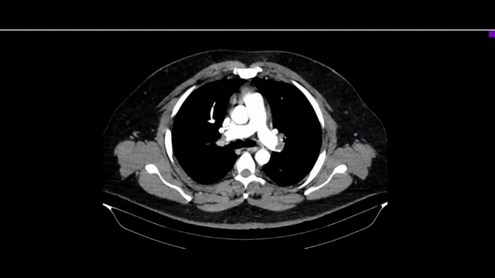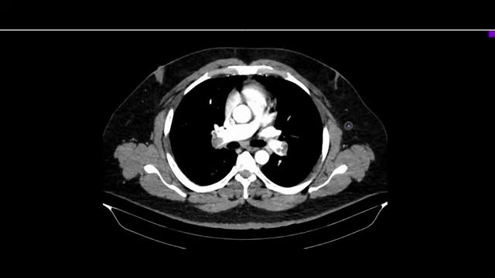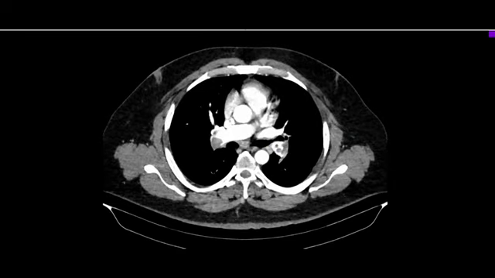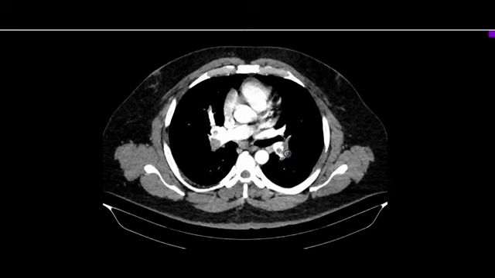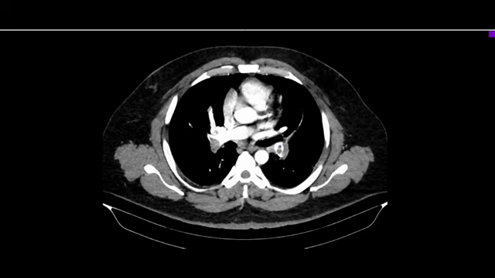For that we use certain signs, starting with the acute. If you see a vessel that is completely occluded, but the diameter of the vessel, the caliber of the vessel is wider than the patent adjacent vessels, then that is a case of acute pulmonary thromboembolism. Second, if the vessel is not completely occluded but partially occluded and the filling defect is in the central part of the vessel, like in this case, it is forming a polo mint sign. That is also a sign of acute thromboembolism.